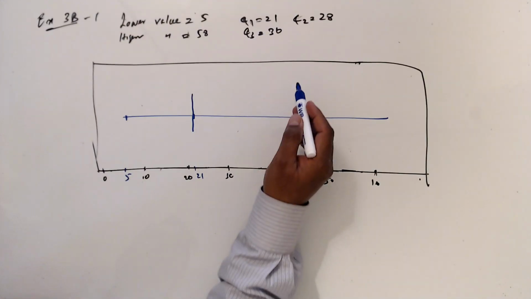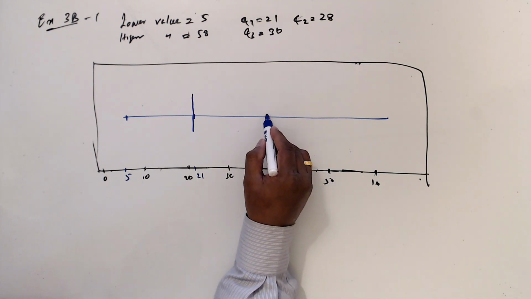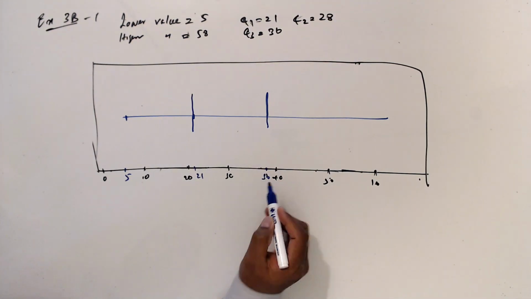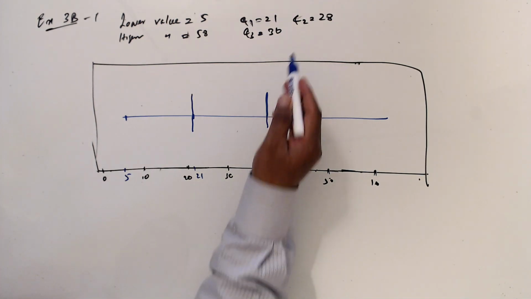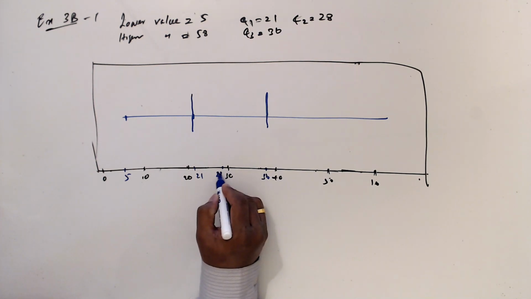Then the third quartile is 36, somewhere here, so this is 36. And the other one is Q2, 28, somewhere here, so then this is going to